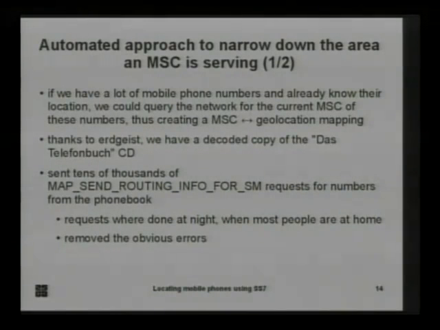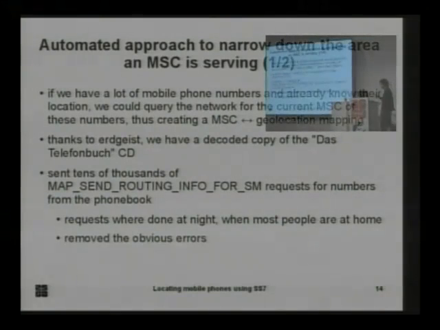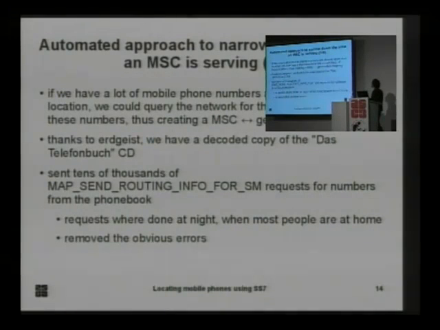Who provided a decoded copy of the Das Telefonbuch CD, which are the complete German white pages, complete with also geo coordinates of all the phone numbers in there, at least the ones that have addresses listed. So what I did, I sent tens of thousands of maps and routing info for short message requests for numbers from the phone book. And yeah, I did those requests mostly at night when people are at home, and also